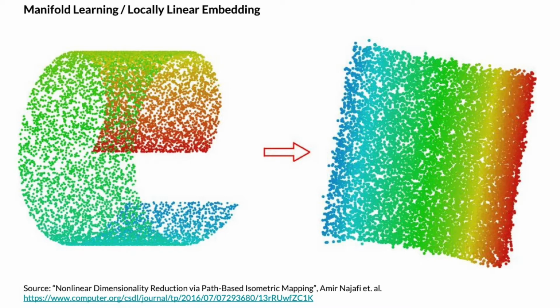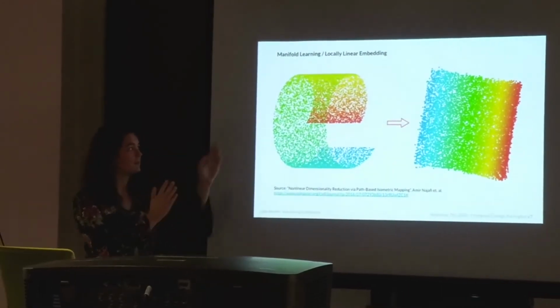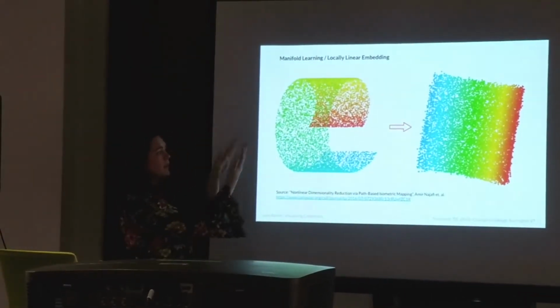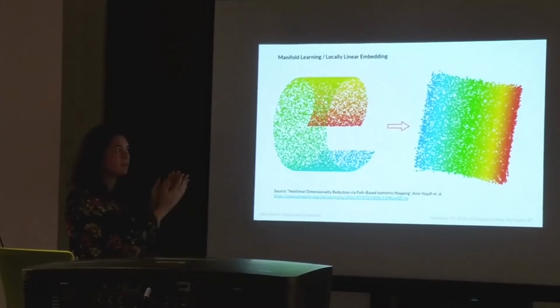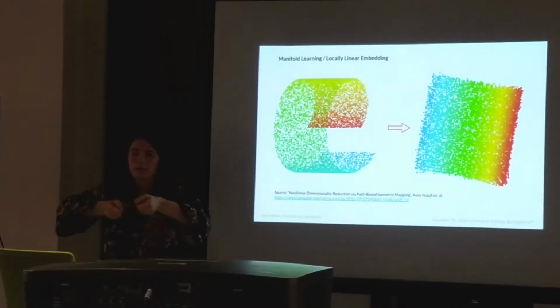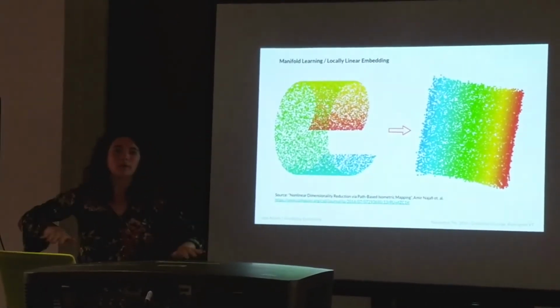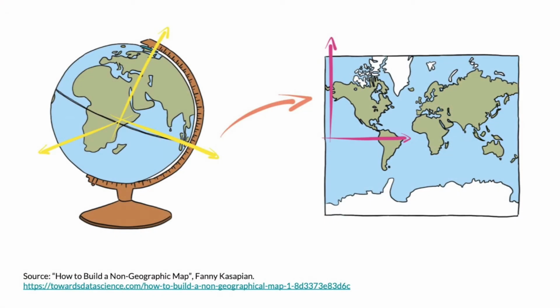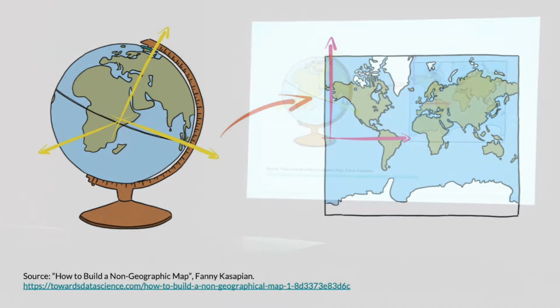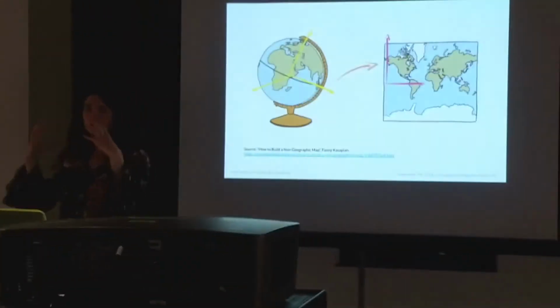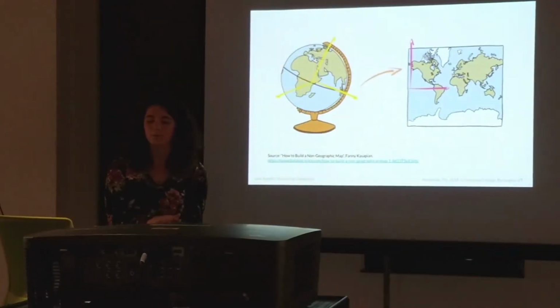Say we've got all of these points in three-dimensional space. How do we tell the computer that we want this image? How do we tell it not to just flatten the whole thing, because then we would have red dots on top of green dots and blue dots on top of green dots, but to actually unfold the data set and put it down onto a two-dimensional space? A good analogy for that is the trouble we encountered when trying to take the globe, a three-dimensional sphere, and flatten it out onto a map surface.